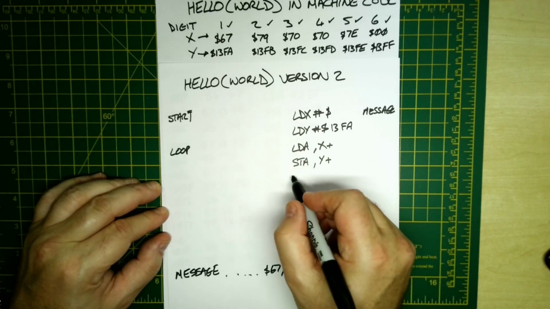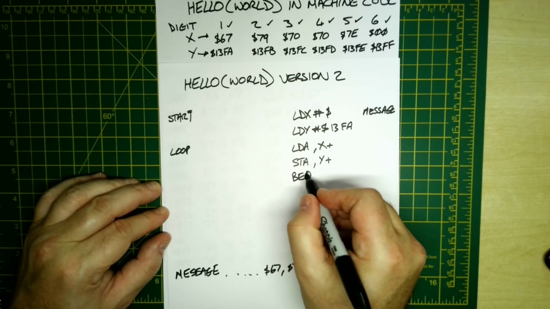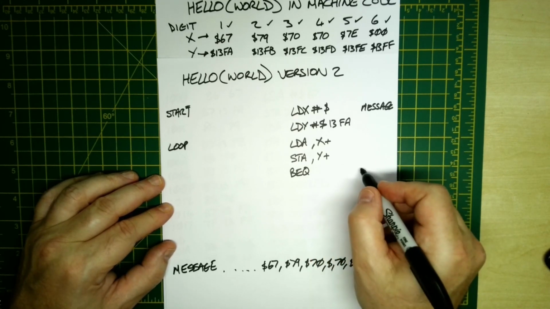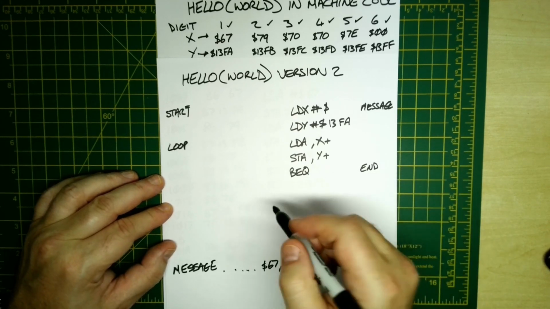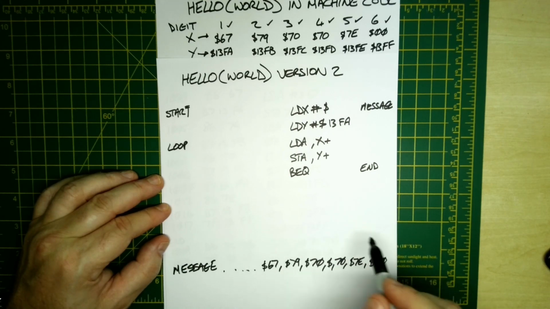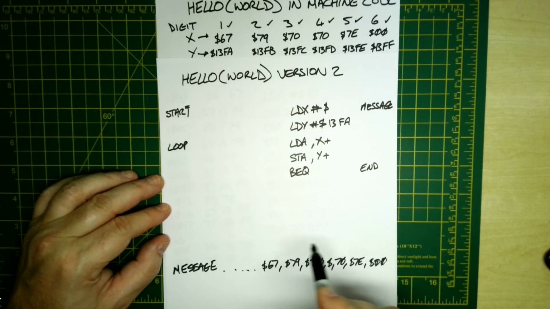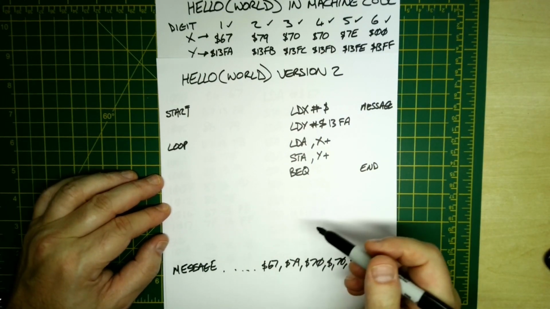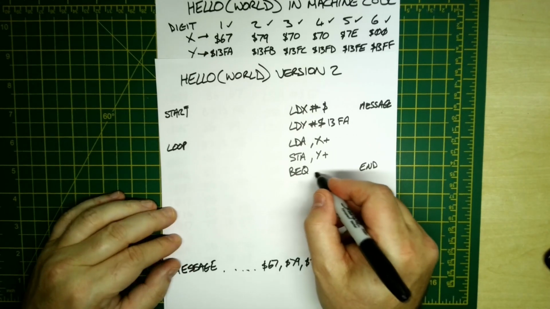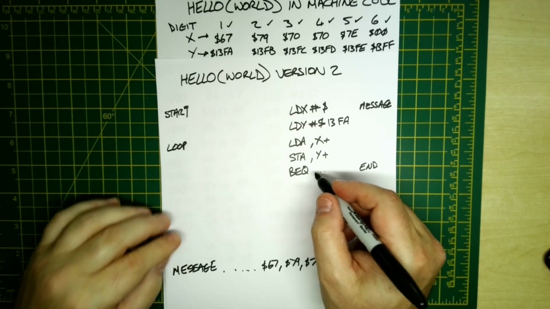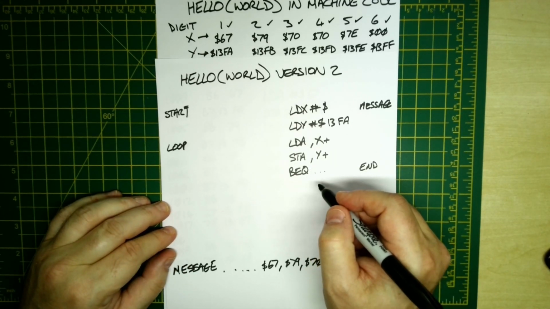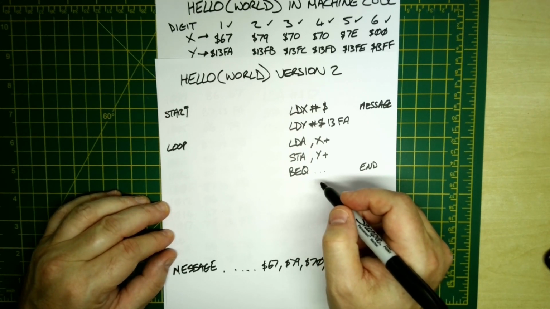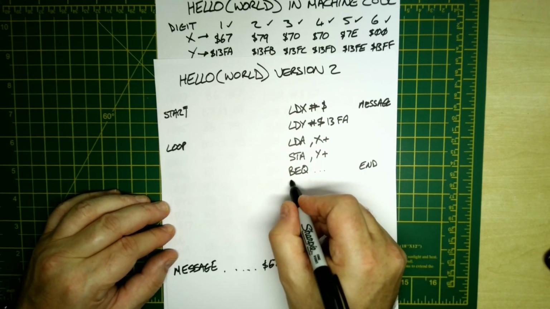And what we can then do is branch equal. So if it's 0, it's equal, in other words, then we want to branch to the end. So we're going to have a label for the end. And the end code is just going to call the monitor subroutine to display the 7 segments, and then we just go around in a forever loop. So we need to put the offset for the branch, a relative offset. We need to calculate that using our monitor example program. And then after that, we're now going to use a branch.